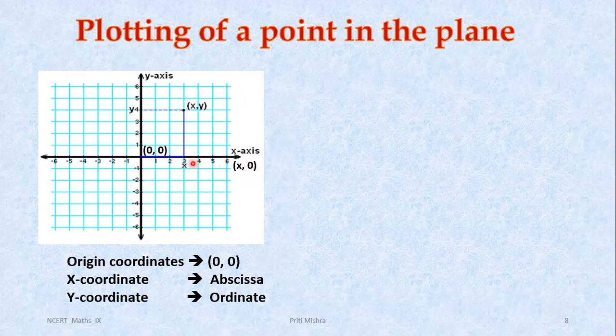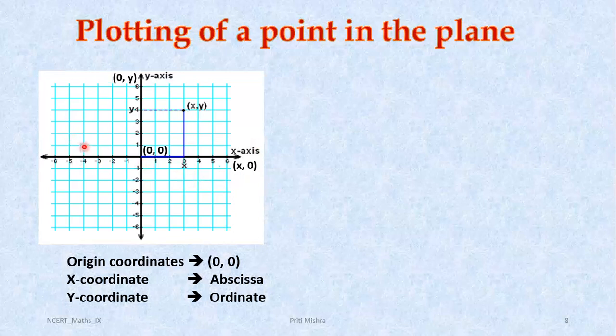On the x-axis, any point will always be in the form x, 0, because on the x-axis the y coordinate always remains 0. You can see on the x-axis we do not have y coordinates like 1, 2, 3 and so on, because we are not moving in the y direction. So here each and every point will be like x, 0. Here you can see 1 can be written as 1, 0, 2 can be written as 2, 0, and minus 5, towards the negative direction of the x-axis, can be written as minus 5, 0, because the y coordinate is 0 here. So any point on the x-axis is of the form x, 0.